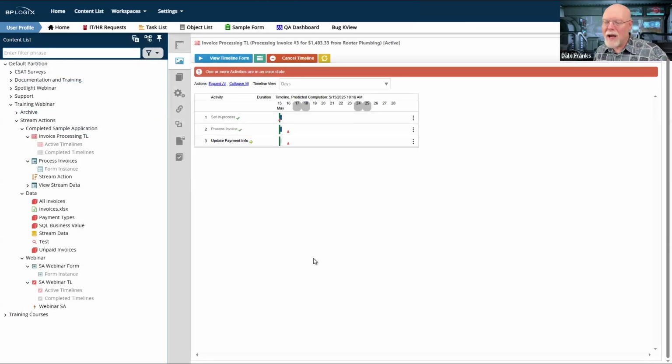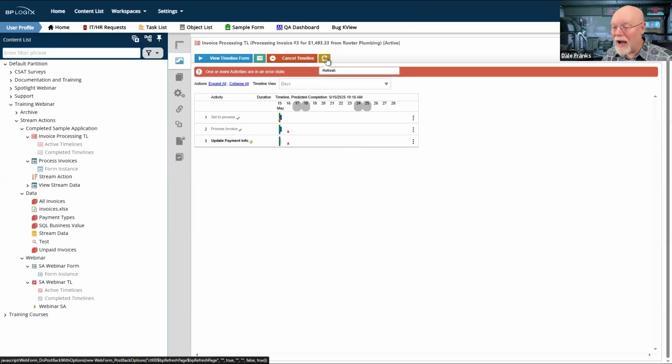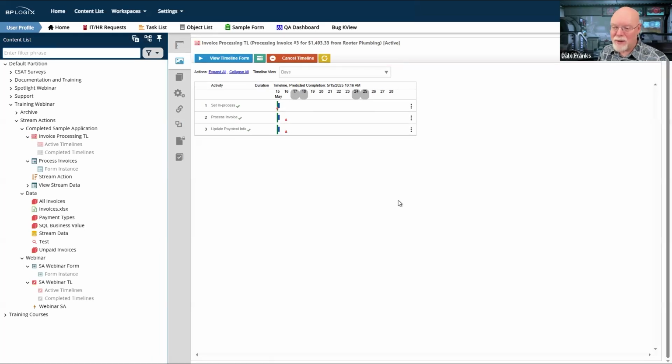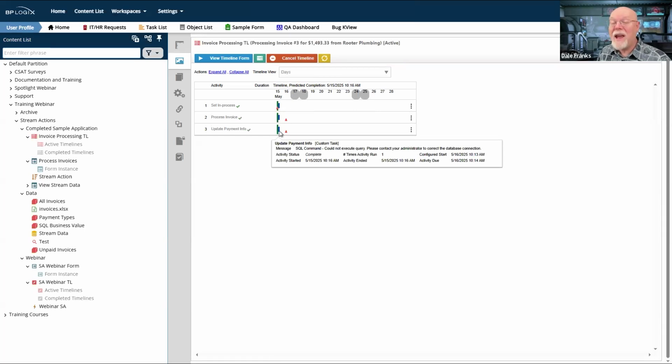It's in an error state, I believe, because when I originally ran it, I didn't have data to pass back to the process. And so my SQL command failed because I could not update, because there was no value for my amount and no value for the payment date. So my SQL statement failed.